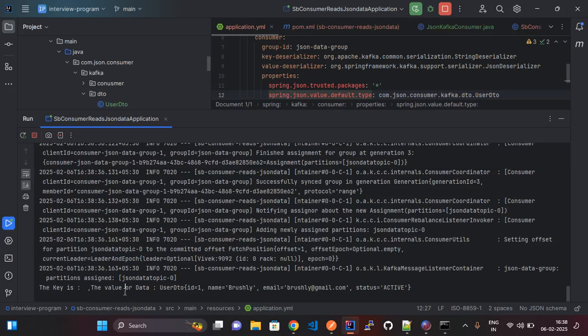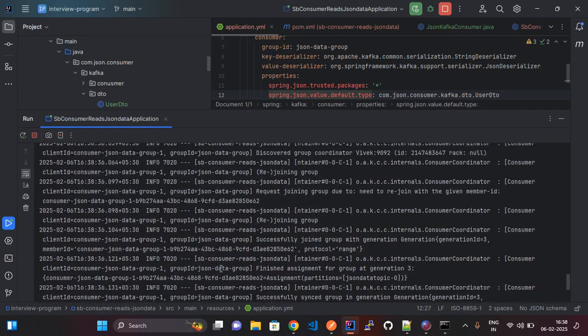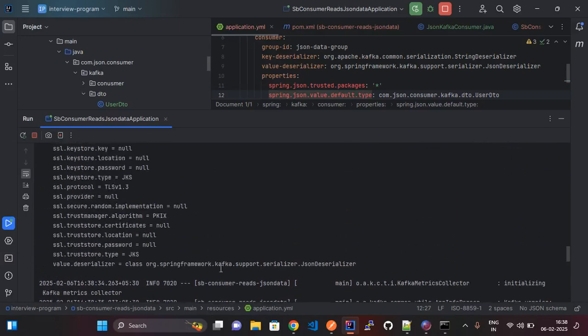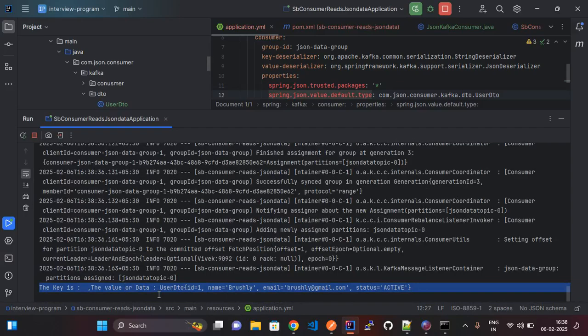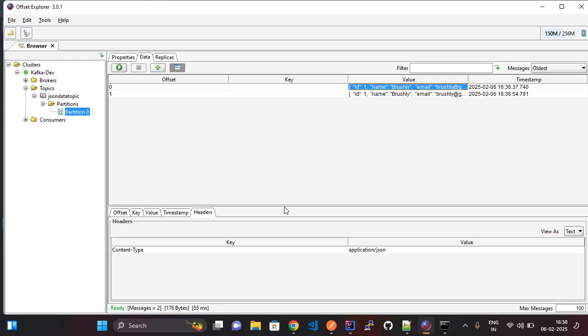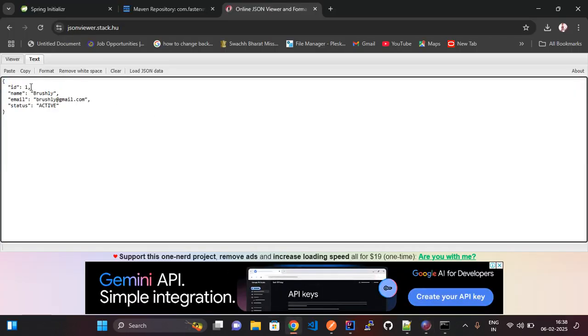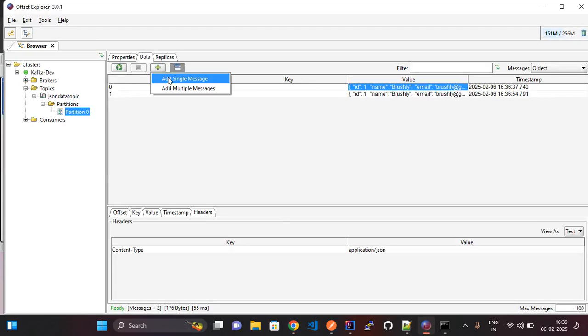Yeah, you can see it is working as needed. So here you can see it is read from the Kafka topic. Let's produce another data without adding the header, here adding the ID as 2 and name as Trump. Here also adding the name as Trump, active. Now let's copy this data and go to produce in the Offset Explorer, clicking add single message